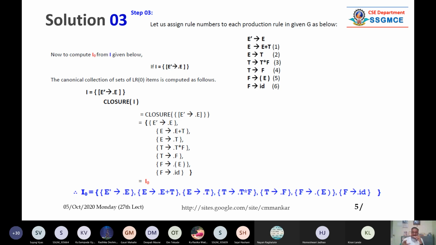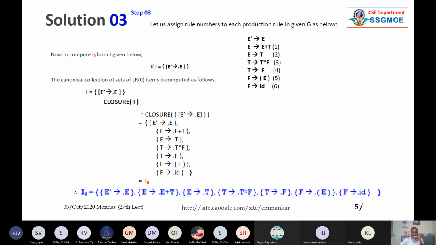But if you directly use a diagram, once you have the I0 item, what is happening? Actually, what does goto mean, or what does closure mean? Goto means whatever the dot is, you are shifting it one place ahead. I will tell you how to understand it, and you can use that methodology to verify your computation or calculations.